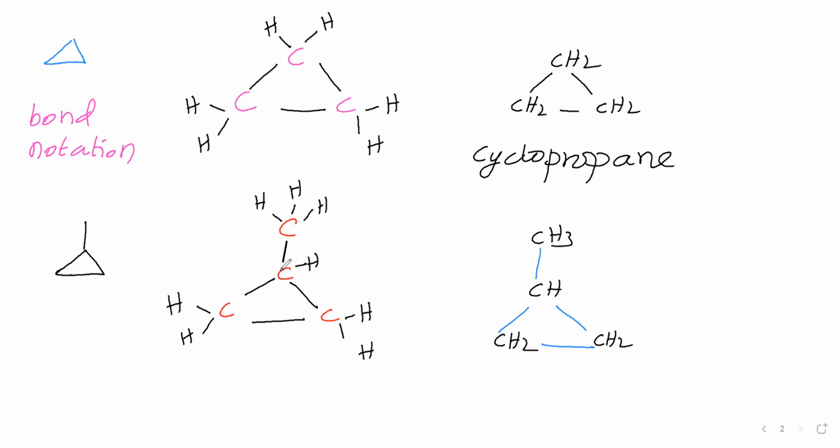To the cycle this carbon is attached. Therefore, this is not in the cycle. It is linking with the cycle. Therefore, this we have to consider as a branch. This you consider as a branch. So you say this name as a prefix. Sir, what is the name of this one? CH3 name, what we said? Methyl. So say this name as methyl.